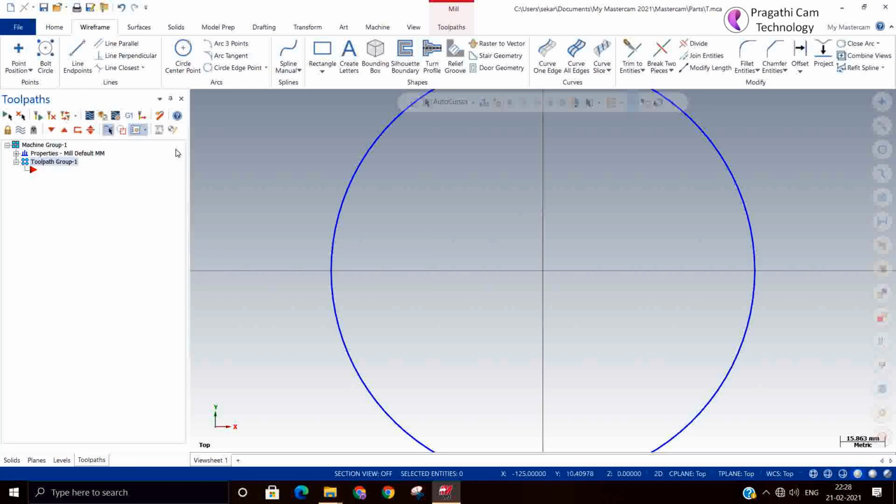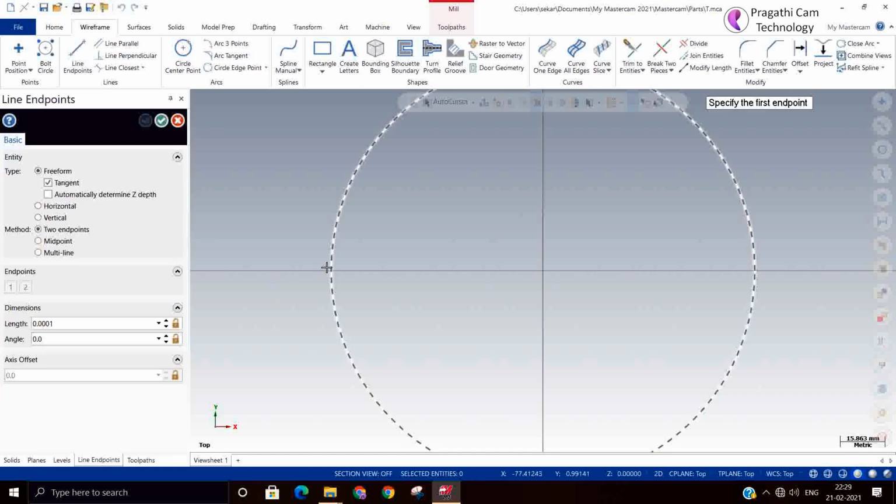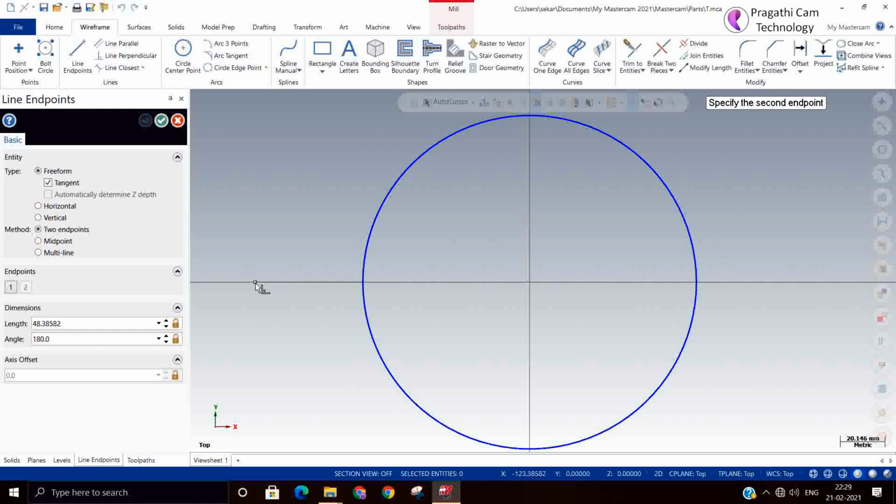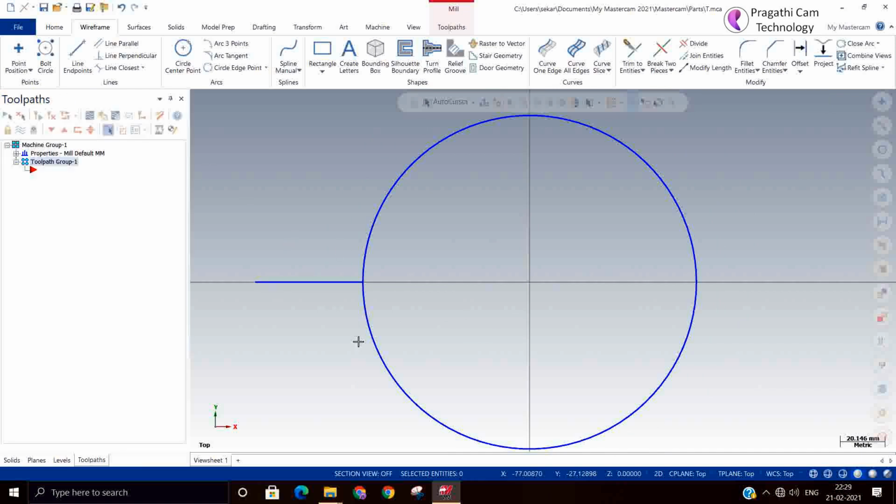I made one more circle. Whatever shape you want, you can make it, but I am just making one simple toolpath.